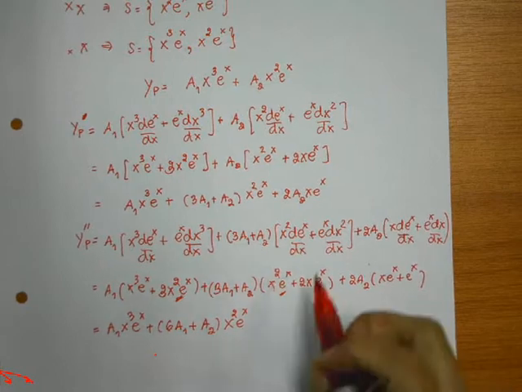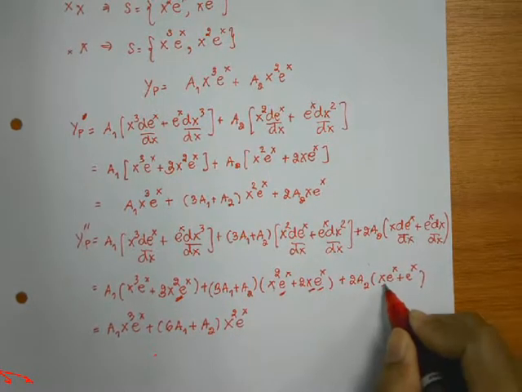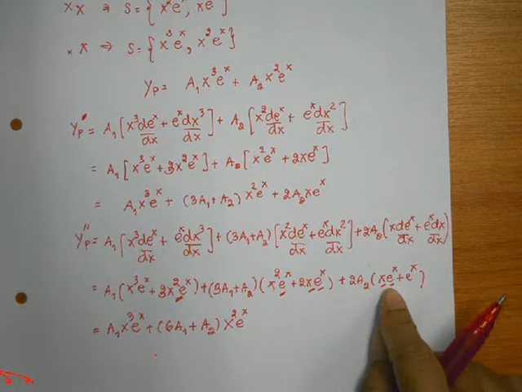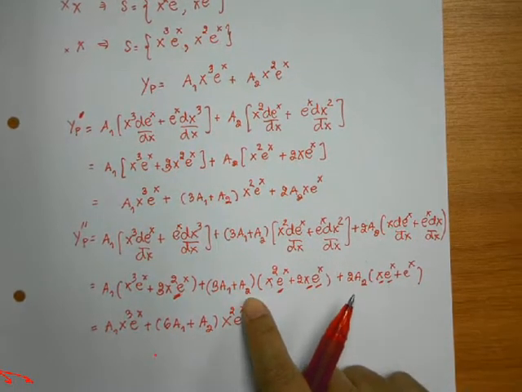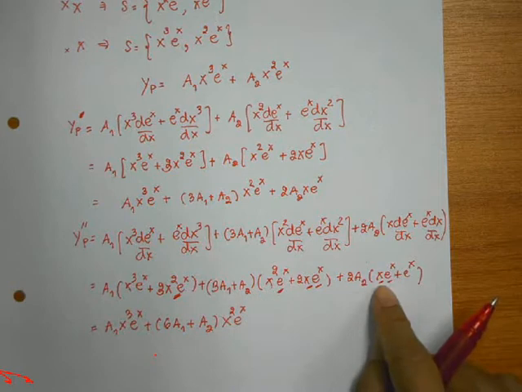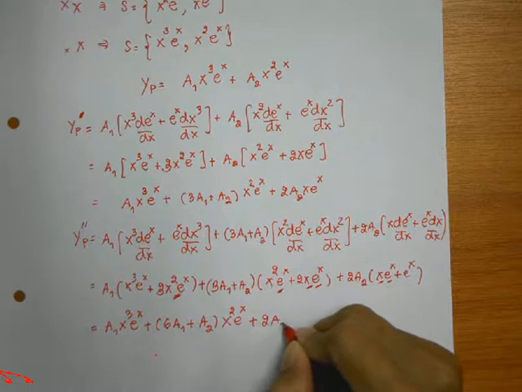And then here you have x times exponential of x, here you have x times exponential of x. With this one you have 2a2, this one you have 2a2. So we would get 2a2